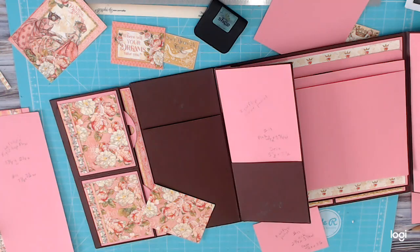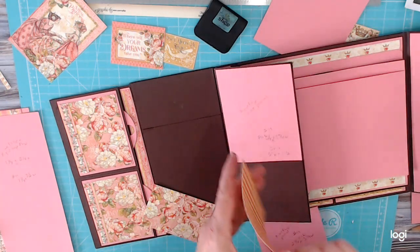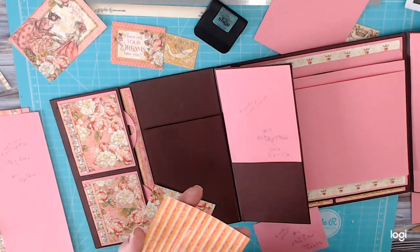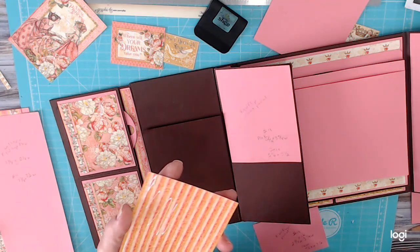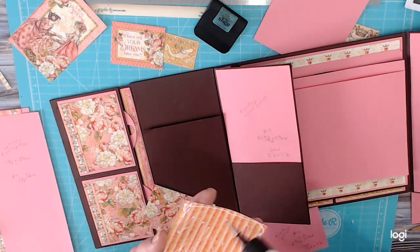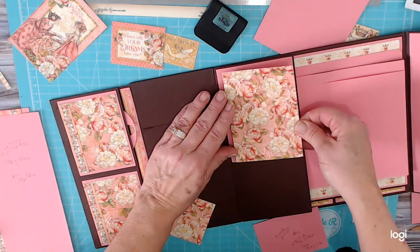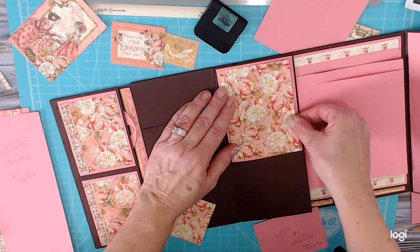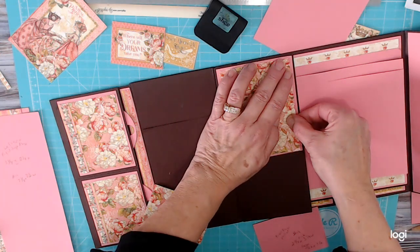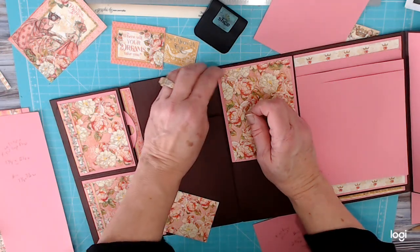I guess that's a good lesson for me to make sure that my sample one is exactly like my finished one. I won't make that mistake again. My sample, whether I have to cut another piece of paper or not, will be exact, so I don't have any questions, because that's just crazy. And I know your time is valuable, and I know it's frustrating when I'm watching a video and